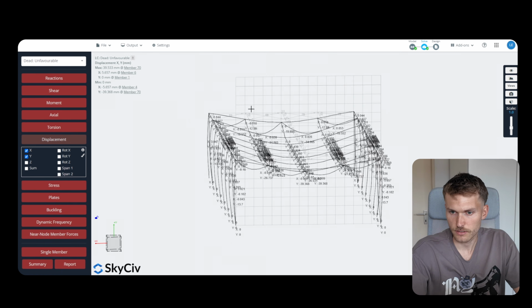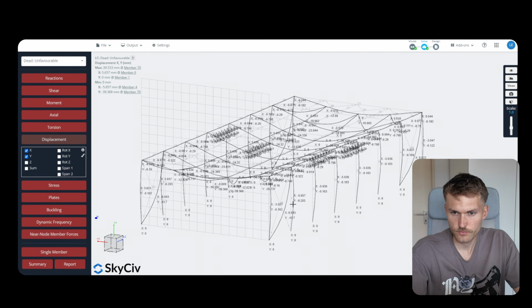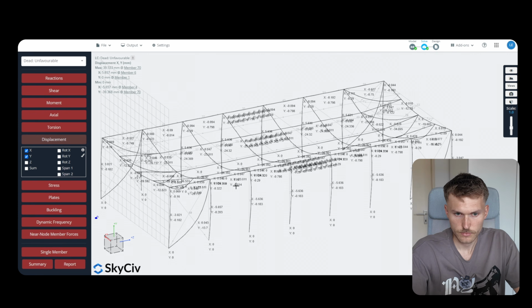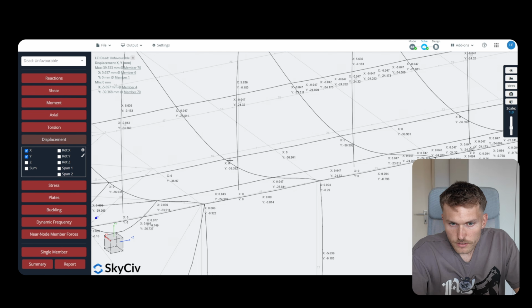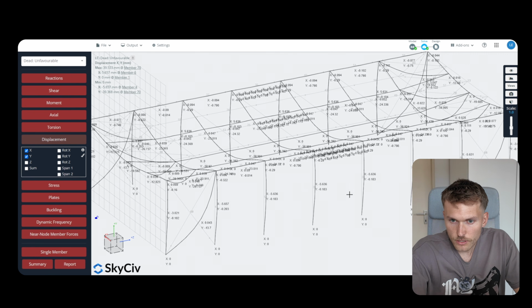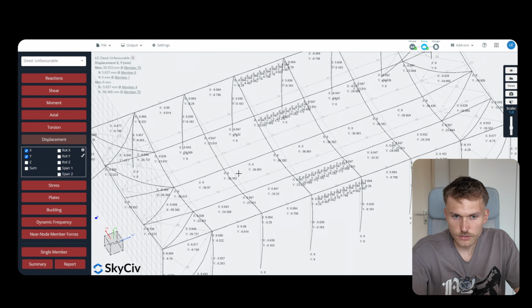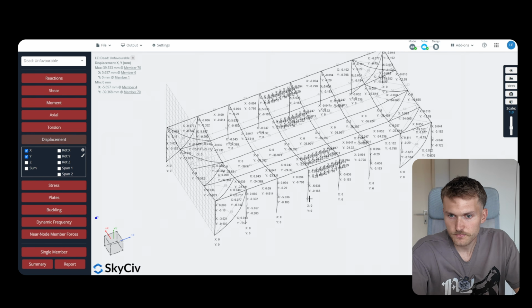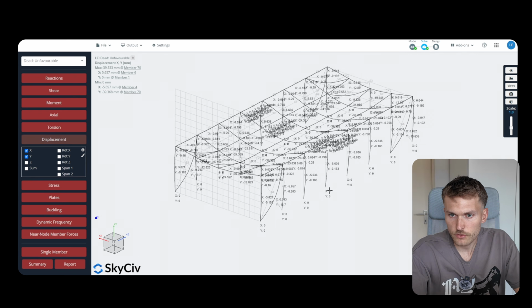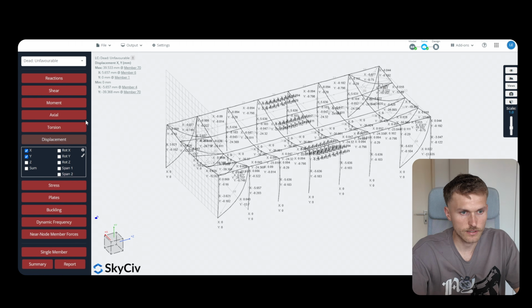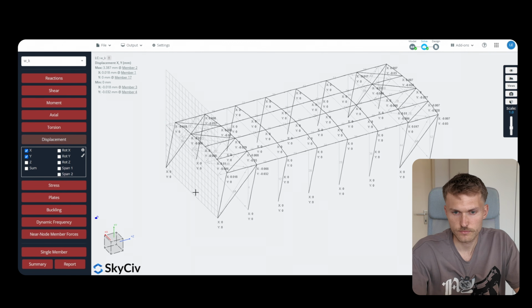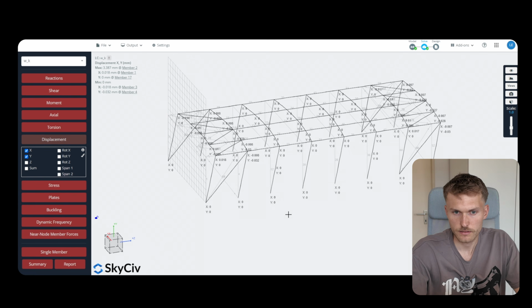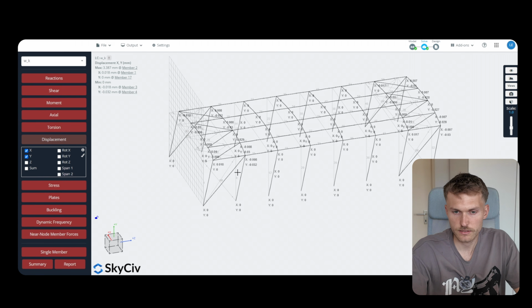And the columns are deflecting outwards. And the rafters downwards. Here, this I need to investigate a little bit more, if it's a moment stiff connection or a hinge connection. But overall, this looks fine. Now let's look at the wind load. And it's also nice, only this tension member is activated,